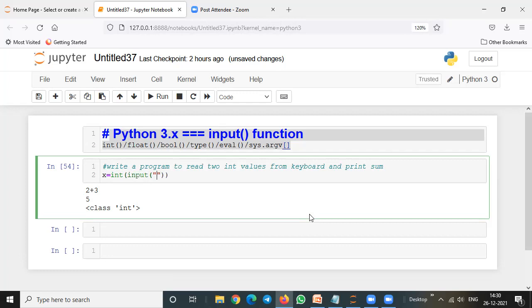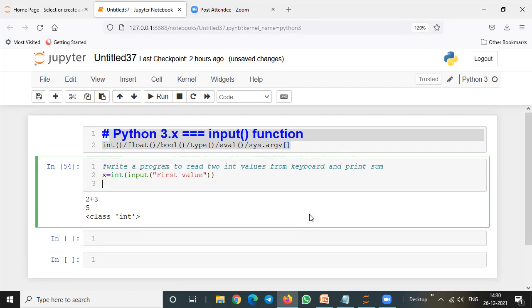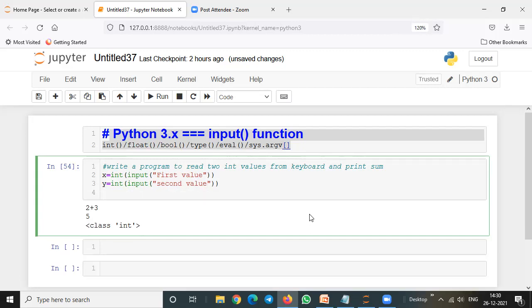This is the user requirement. How can you know that this is the first value and this is the second value? The end user writes something as the first value. Okay. After that, y equal to int of input, second value. Okay. Then print